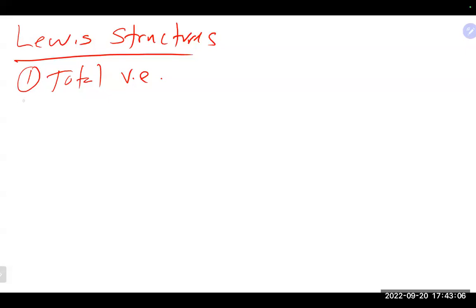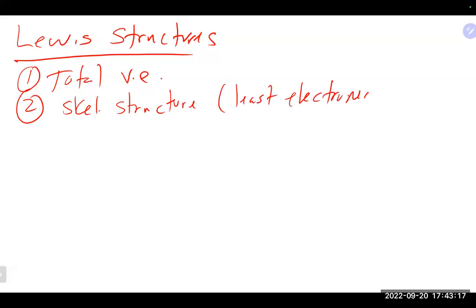You want to think about logical arrangement or the skeletal structure. Remember that it's usually the least electronegative atom that occupies the center spot. So fluorine should never really be in there. Hydrogen, because it should only have basically one bond, should never find itself in there. In most cases, if you have one element and three or so of some different elements that are the same, usually the one element is in the middle, and everything's attached to it. Next thing you want to do is make one single bond